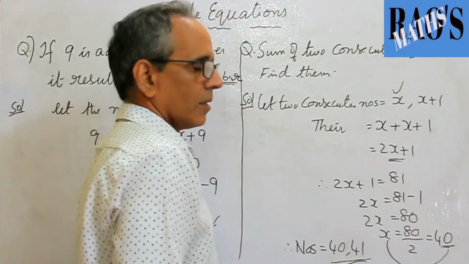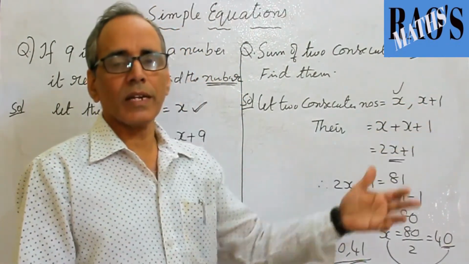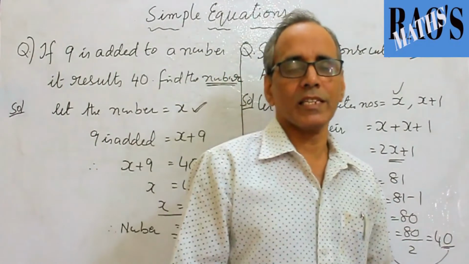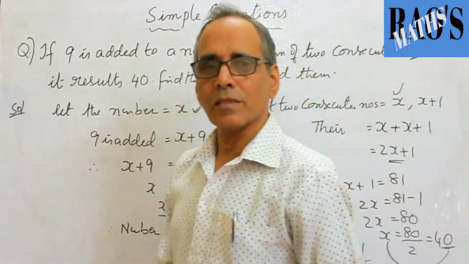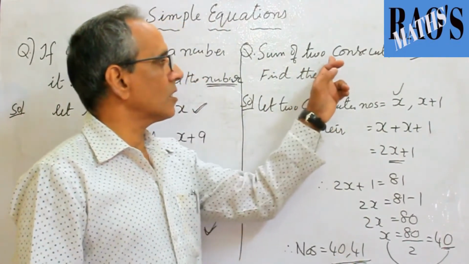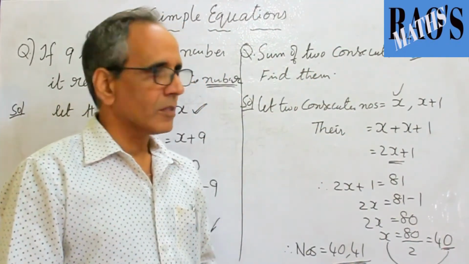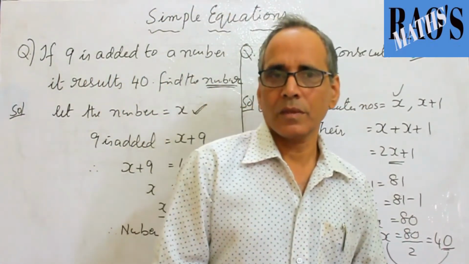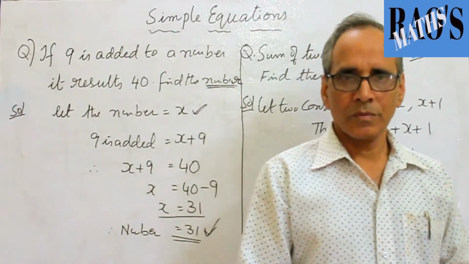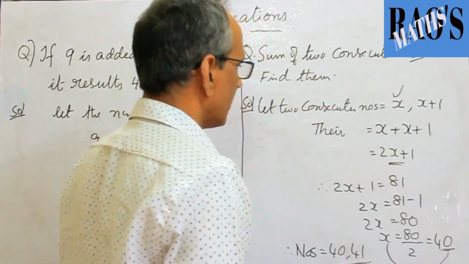Very easy question. If they give three numbers, we define them as x, x plus 1, x plus 2, and the sum is equal to the given value. Very important, very easy question. Don't forget, consecutive means the continuous numbers, not the alternative. In this series, they may also ask about consecutive even numbers and consecutive odd numbers. We solve one question on consecutive even numbers. Let's see here.